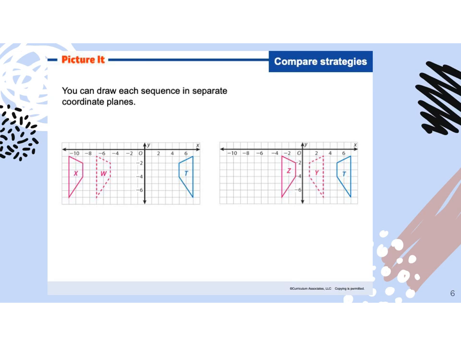Okay, so if you reflect first, which is Kimani's way, it's 1, 2, 3, 4, 5 spaces from the y-axis. So we go 1, 2, 3, 4, 5. So this first dashed figure is where it is after the first reflection. Then we translate 4 spaces to the left